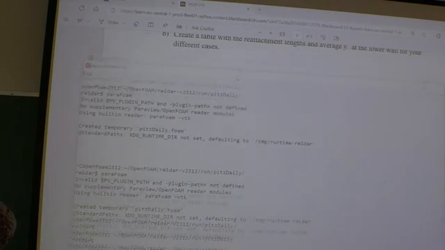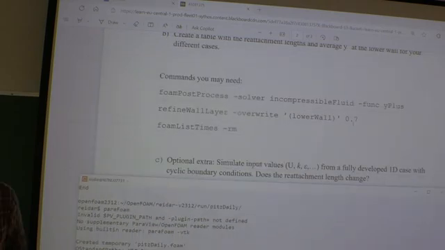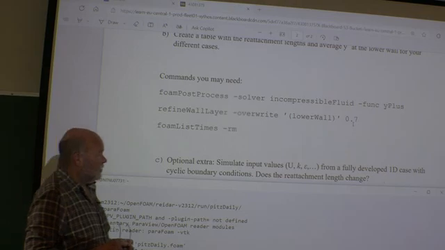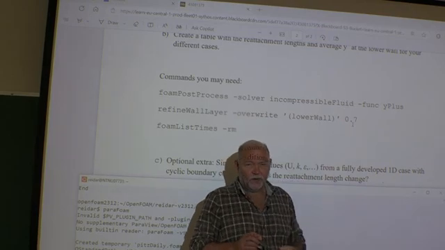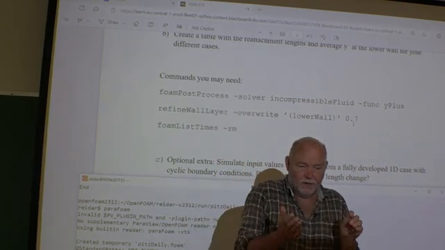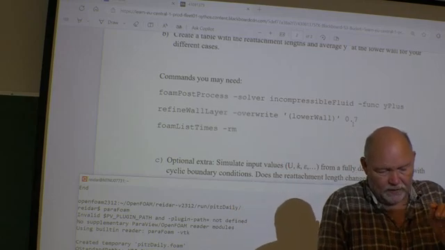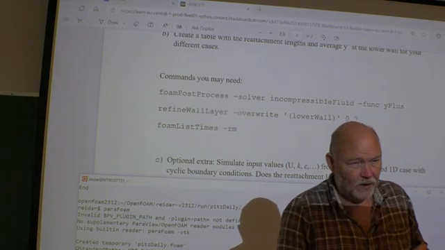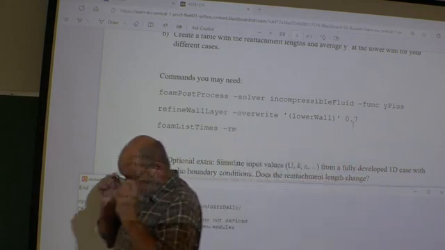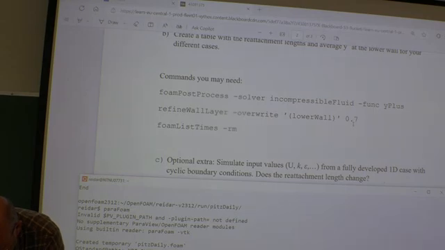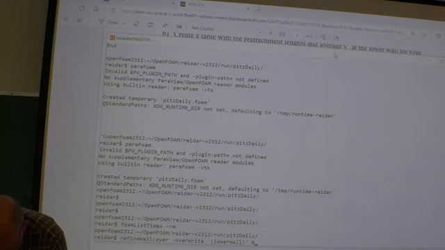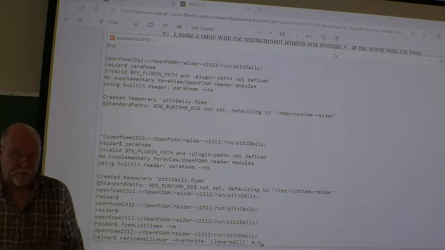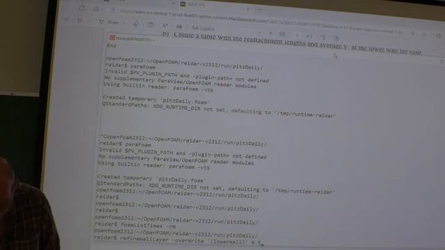What number? Here I suggested 0.7. That's just an arbitrary number from my side. It should be between 0 and 1. This will give you sort of the percentage of how it now refines the cell closest to the wall. If you take 0.5, let's do it crudely here, then it should split the closest cell in half. We try that one.